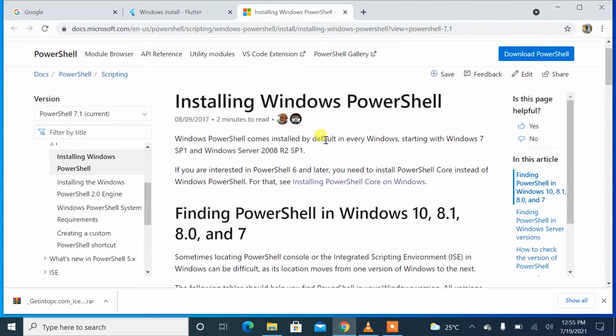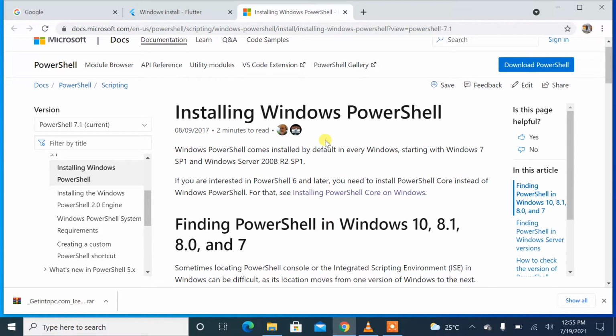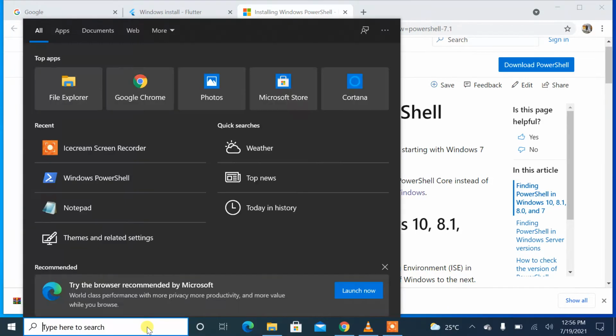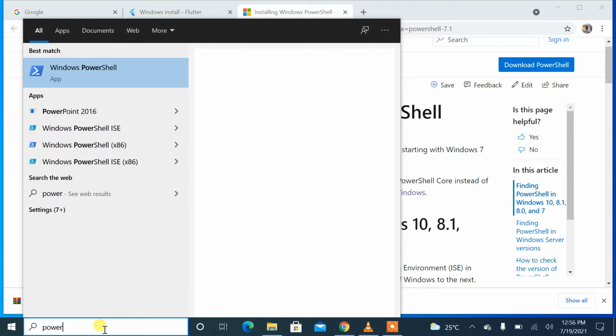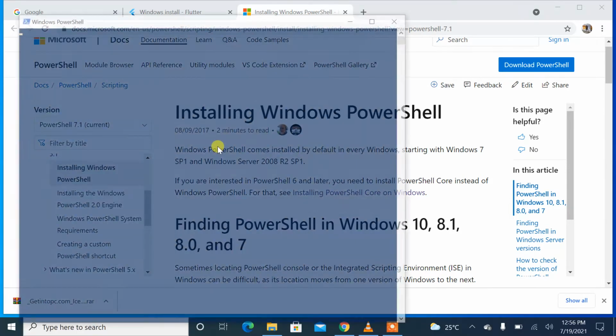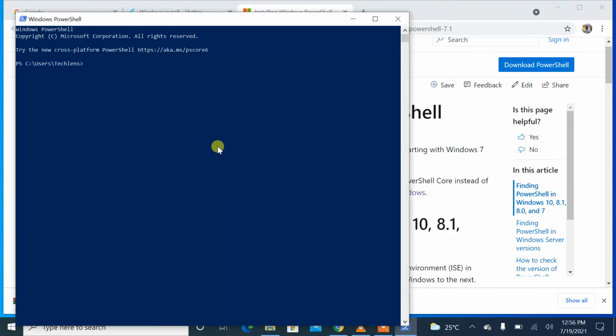Alright, so assuming your PowerShell is not up to 5.0. Anyway, first of all, let's see how to find PowerShell. If you are using Windows 10, come to the search bar and search for PowerShell. You can search even if you are on Windows 7. Good. Then to know the version of this particular PowerShell, you can use PS version